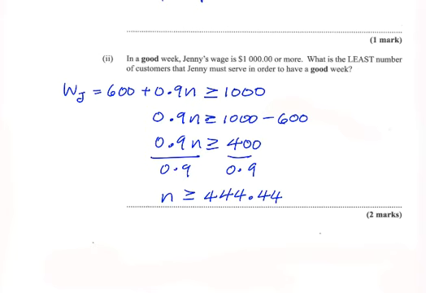If she serves any number of customers lower than this amount, she would earn less than $1,000. So 444 customers, which is less than 444.44, will give her less than $1,000. Therefore, the least amount of customers Jenny must serve to earn $1,000 or more is